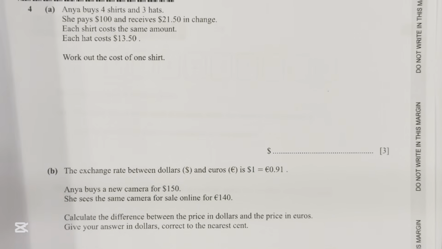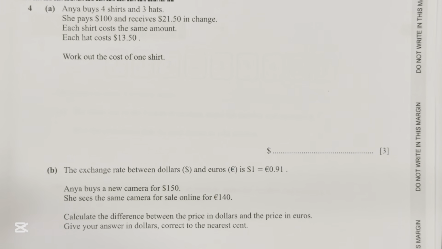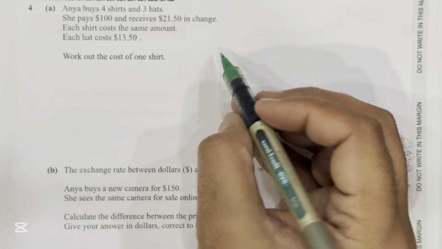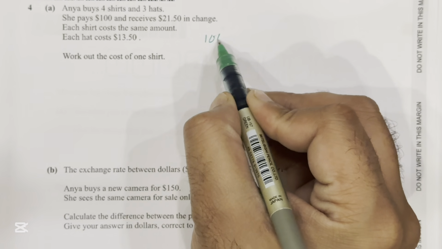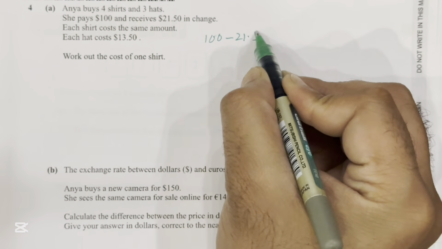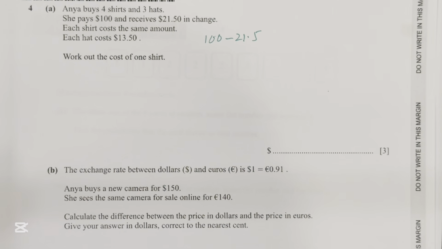Now moving to question number 4. Question number 4 is that Anaya buys 4 shirts and 3 hats. She pays $100 and receives $21.5 in change. Each shirt costs the same amount. Each hat costs $13.50. Work out the cost of one shirt. So how much did she spend in total? We can calculate 100 minus 21.5. That would be equal to